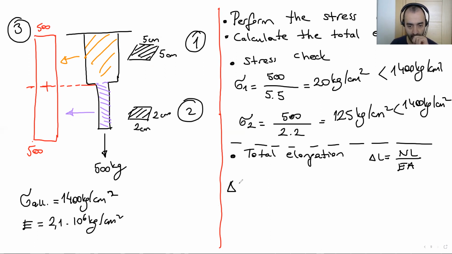Here, the total L is, let's have a look at the first portion, N. N is what? Take a look at this N. In this example, the axial force is constant all the way to the support. That's okay. But in any other example, you have to be careful. You have to take into account what you have in the axial force diagram. Here, 500